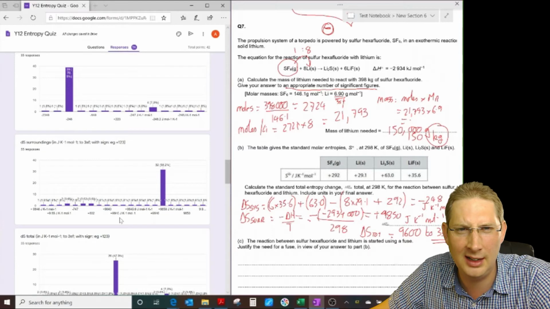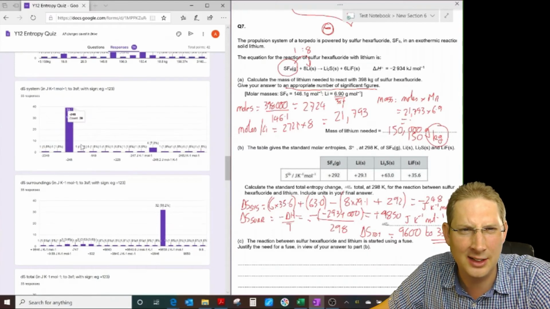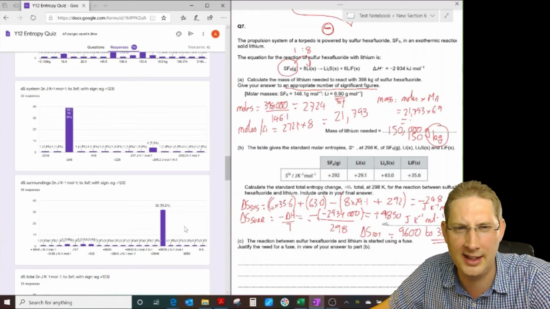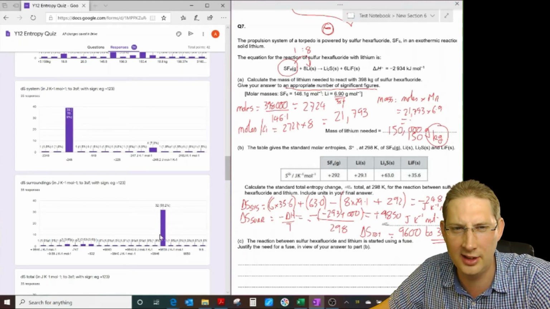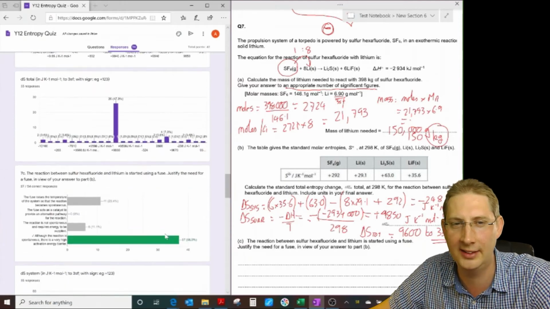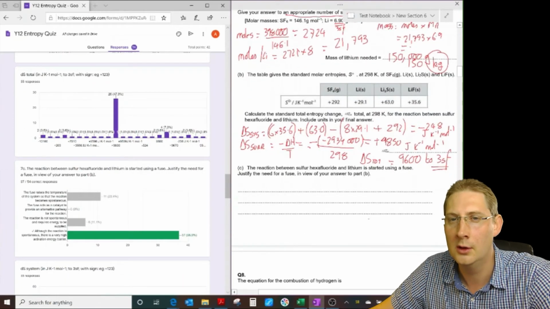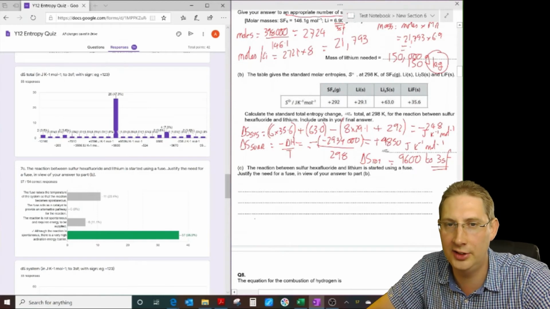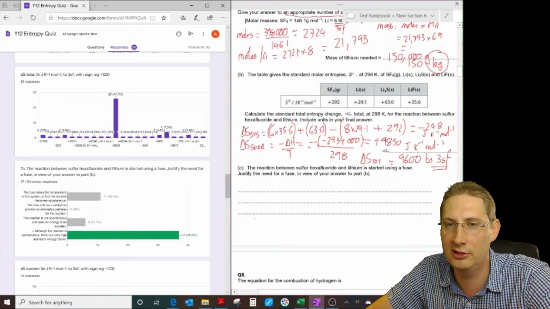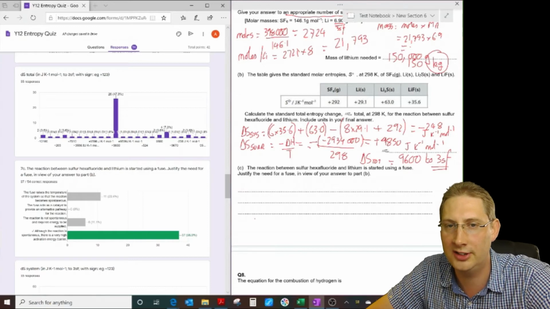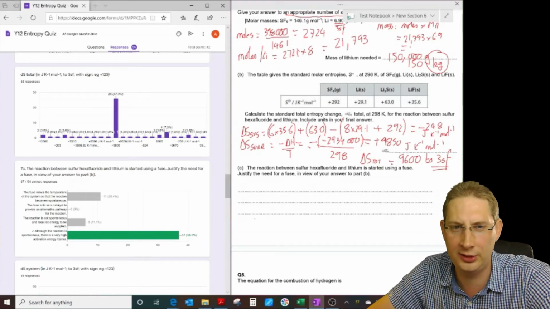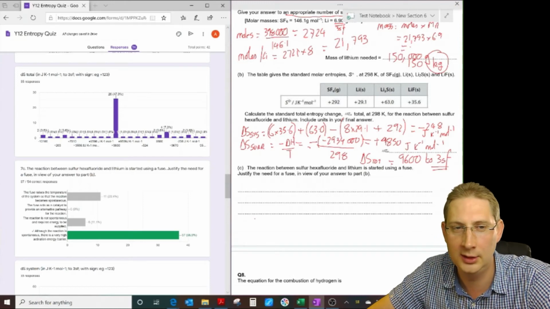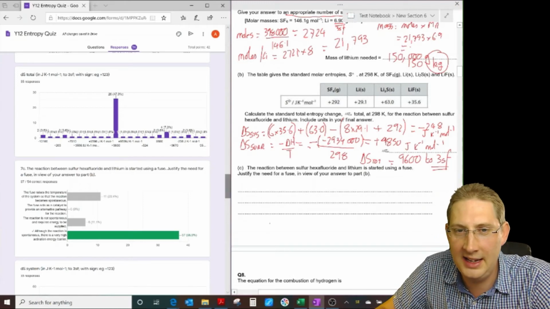And having a look at this, delta S system, 70% of you calculating that right, but delta S surroundings, there's no reason actually that should have been only 60% of you getting that right. Now this is something you haven't covered. The reaction between sulfur hexafluoride and lithium is started using a fuse. Justify the need for a fuse in view of your answer to part B. I wanted to see whether you guys could work the answer out to this without me having to tell it to you. And the answer is basically that